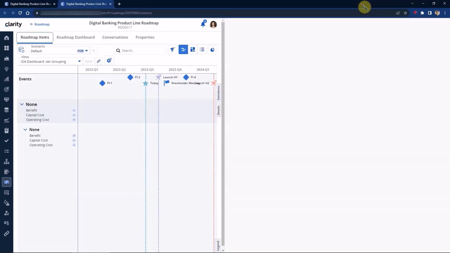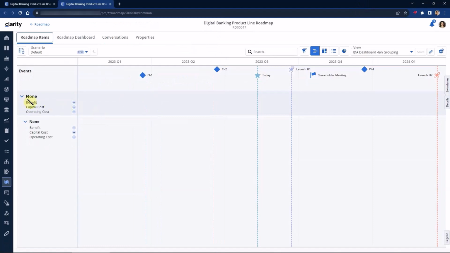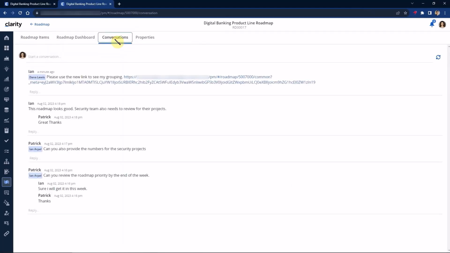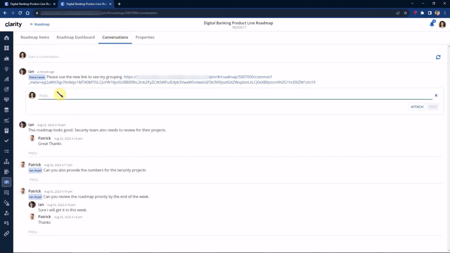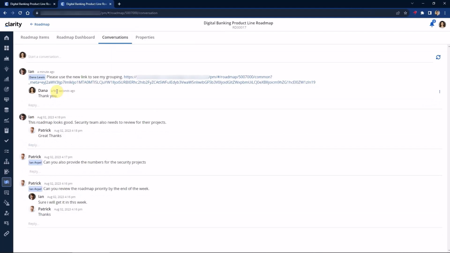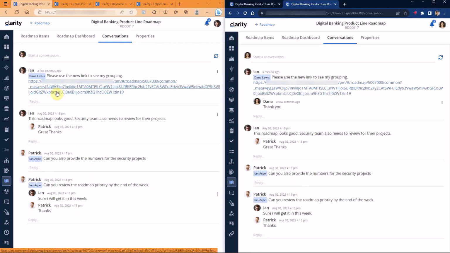And let's maximize that so I can see this is all that was grouping that was done by Ian right here. So based on the data, she can see all the different groupings that were done, and she can reply back. All right, continuing on, I'm going to go back in as Ian,